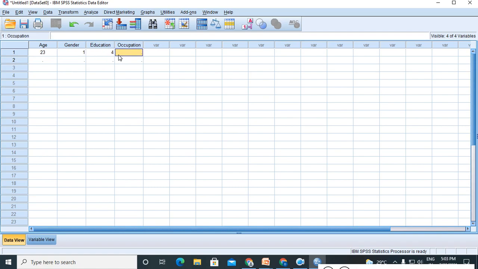Occupation, 1, 2, 3, 4, 5, 6 we are having, so 6. Then age 34, gender is 2, education is 3, and occupation is 5. I have already explained the 1, 2, 3, 4, 5 previously. And age 21, this person is 1, and it is 3, it is 4.